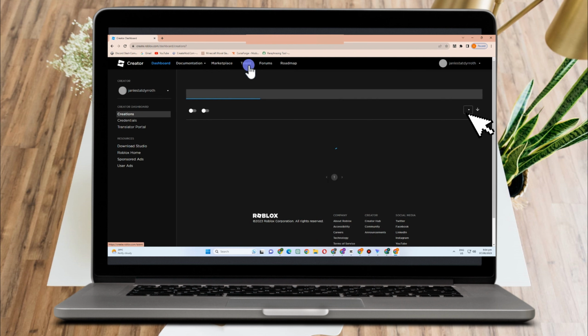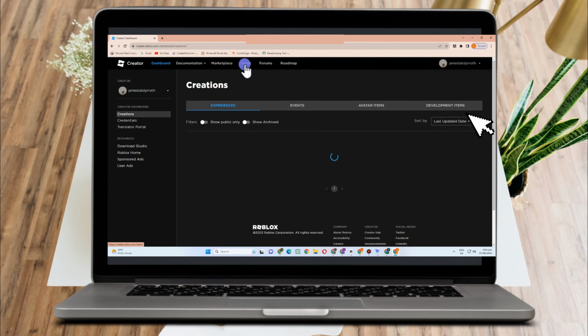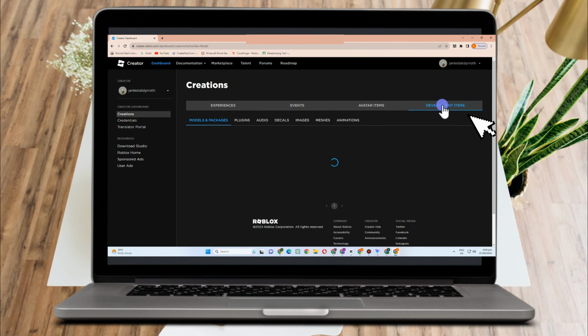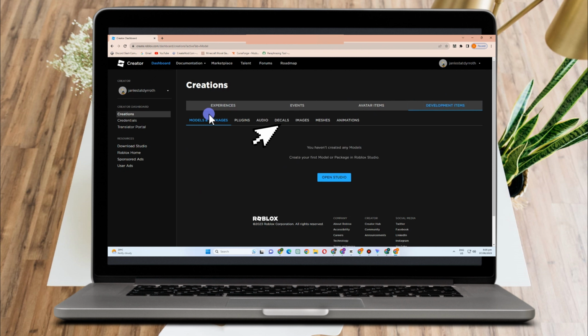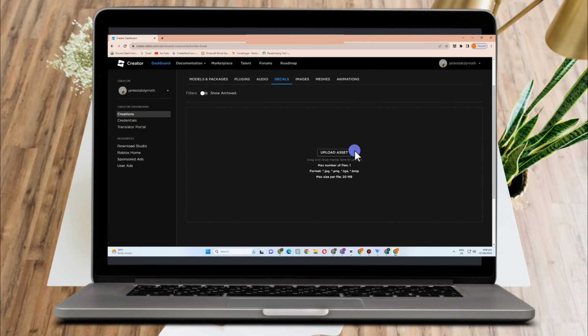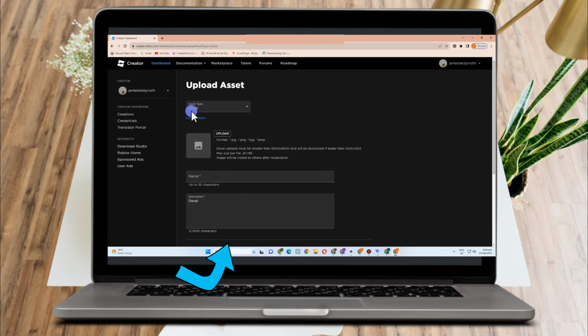So here we have options, but you just have to tap this Development Items here that is next to Avatar Items. Okay, tap Development Items, and then you just have to go to Decals that is next to Audio. So after that, you just have to click this Upload Asset here, tap this one, and then after that, click